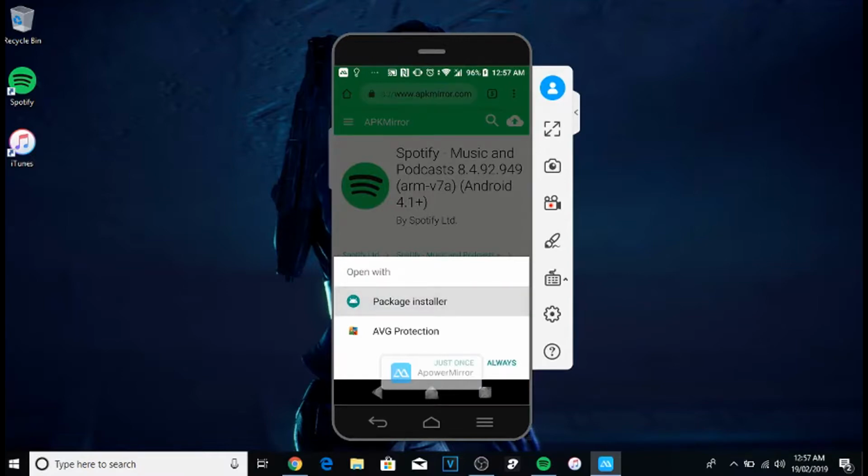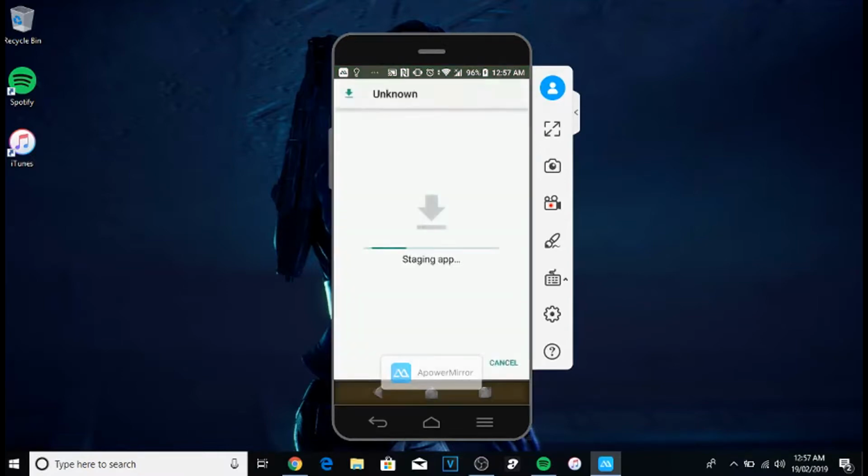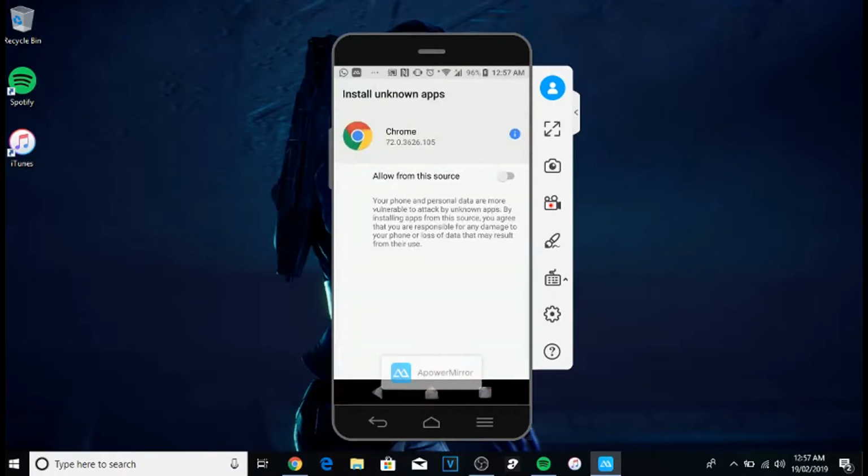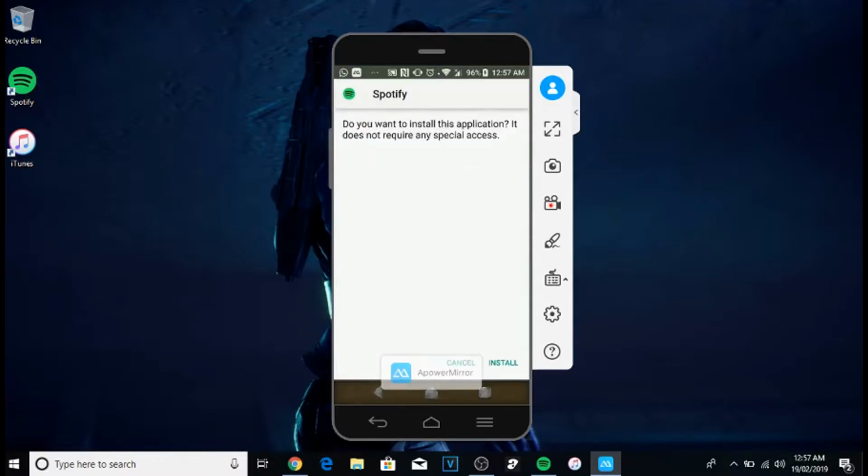Package installer, always. And let's let it install. It's going to ask for security allow for this source, so let's go back. Come on, phone, go back, install. Alright, so it's going to install Spotify to the phone, and from there we're going to be able to use